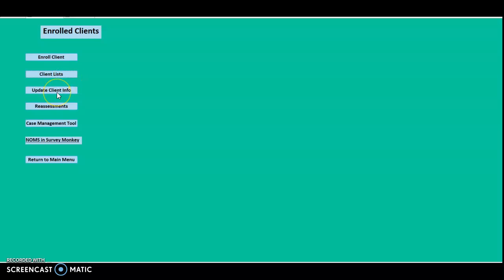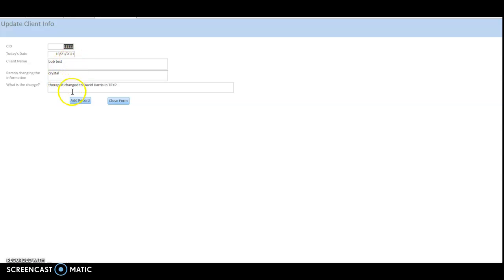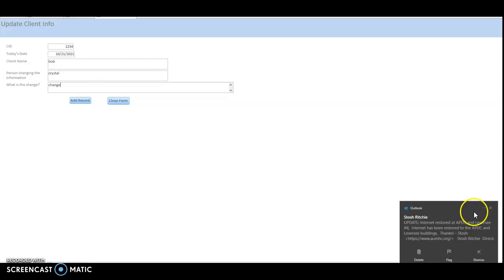But speaking of update client info, that's where we're going next. So from here, you would add in what your CID is. Then you're going to put in whatever today's date is, and the client name, if it's you that's changing the form. So let's just say it's Bob. And then what the change is. So I need to change the therapist